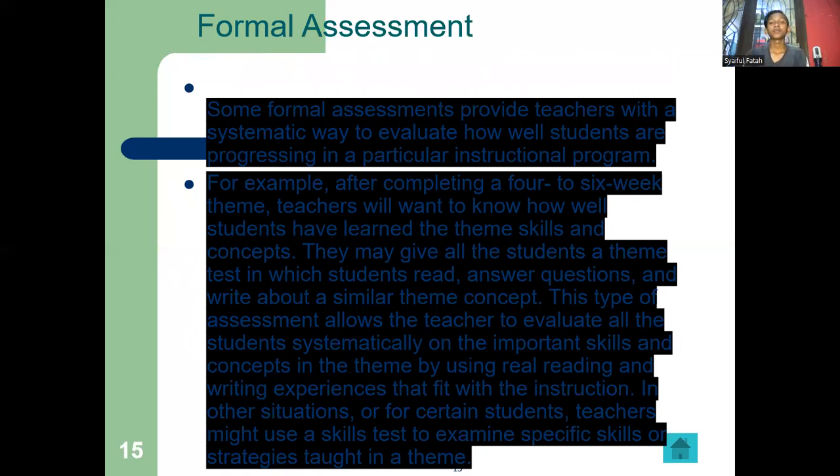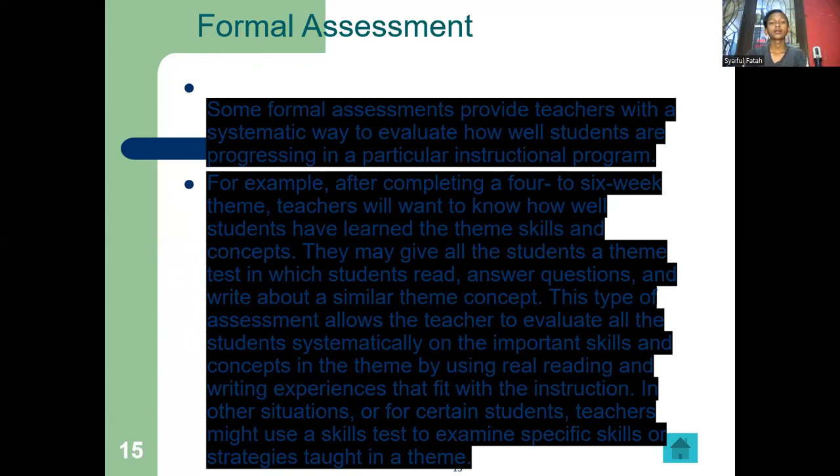Some formal assessment provides teachers with a systematic way to evaluate how well students are progressing in a particular instruction program. For example, after completing a 4 to 6 week term, teachers will want to know how well students have learned